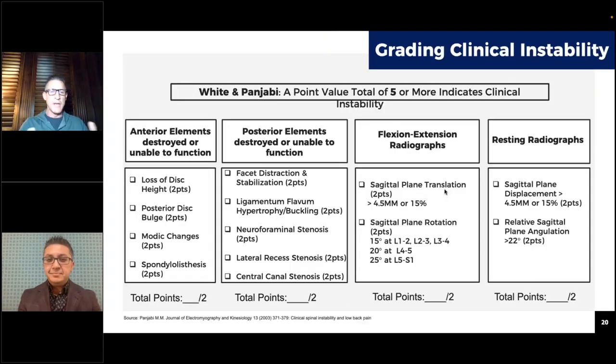So we talked about this a little bit. This is available for you to get from all of your reps, and maybe if you have one of those practices where mainly the nurse practitioners and PAs are doing most of the work of getting patients to the OR, this might help them. But we've already gotten a really good description tonight of what it looks like to have instability, and all of these things are scored out and give you points, and you have to have 5 or more points to prove that there's a level of instability that you should be thinking about.